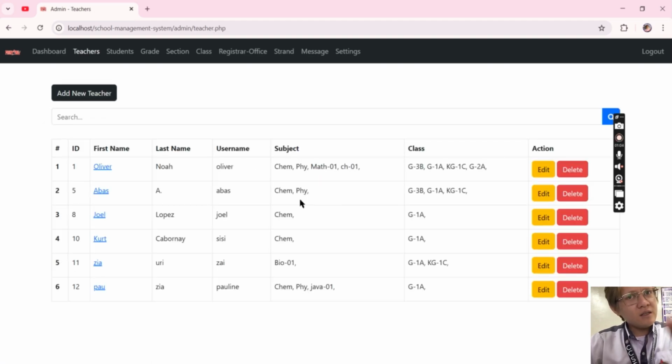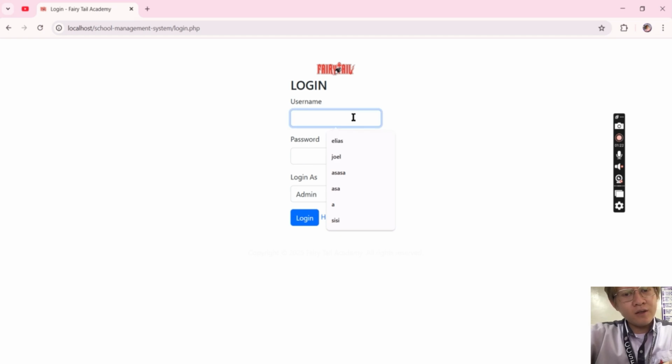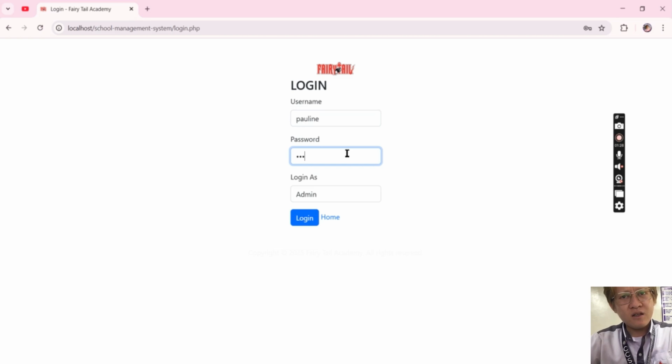And if you can see the new teachers, here's the list. So let's say this is Pauline, and if we want to see the information or details about teacher Pauline, name, password 123.